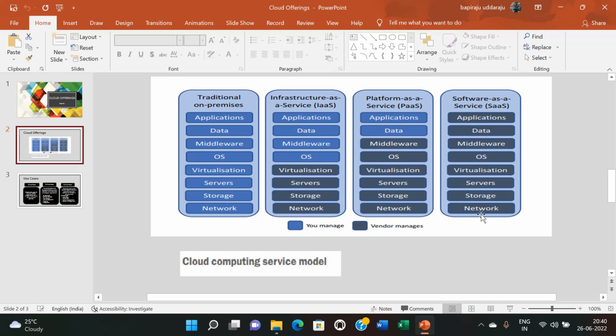And finally, software as a service will provide end-to-end solutions which are domain specific to the customers, who can use these ready-to-use applications and market their products very quickly. So in the next slide, I will try to explain different use cases which will motivate the clients to adopt one of these services.